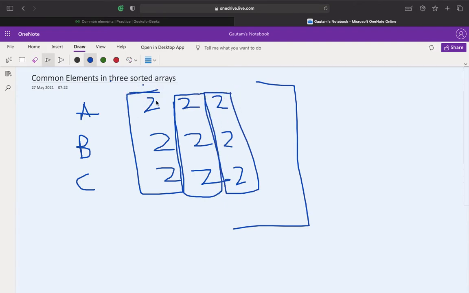It will start here, check these 3 are equal, add it to the array list, then increment all 3 pointers and check again. They are again equal, so it will simply add it to the array list again. But that is not what we want.